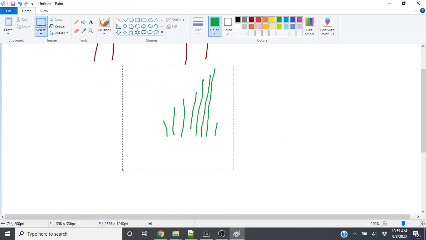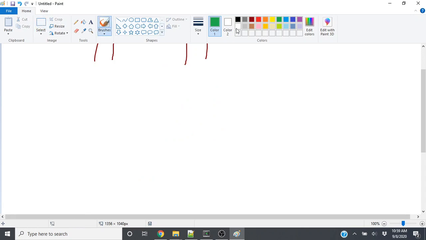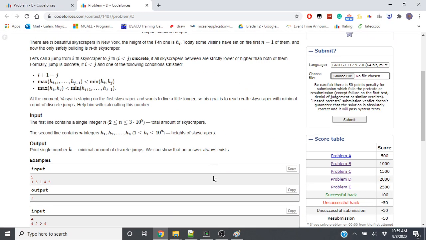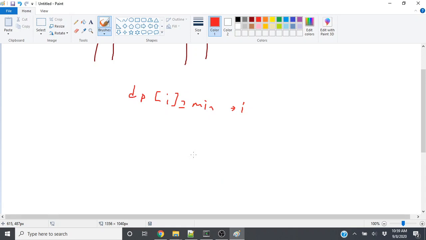So let's see. I think what's more important here is the fact that it has to be. Let's think about it like this. dp[i] is the minimum number of discrete jumps to get to i. Then the answer is dp[n], or dp[n-1] if you zero index, which I'm going to. Then, let's say you're computing i, right? So there's some fixed number of stuff here. So as soon as we get to an element that's lower than this, or less than or equal, then